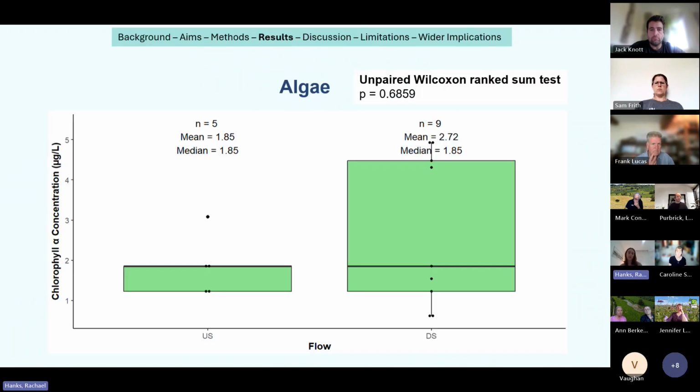That's the next one. So now just a little bit on the algae test. So here, this is for the microscopic algae, the phytoplankton. So it's measured as chlorophyll A on the y-axis here. And we've got flow once again, same as most of my box plots, upstream, downstream. But this wasn't significantly different upstream or downstream of the works. It was still quite low. It wasn't too bad, but it wasn't significantly different upstream or downstream.